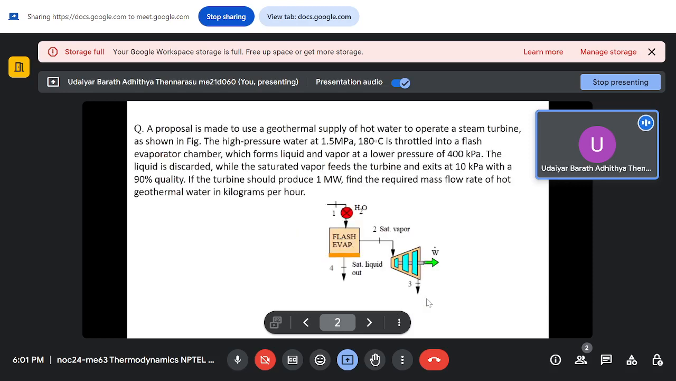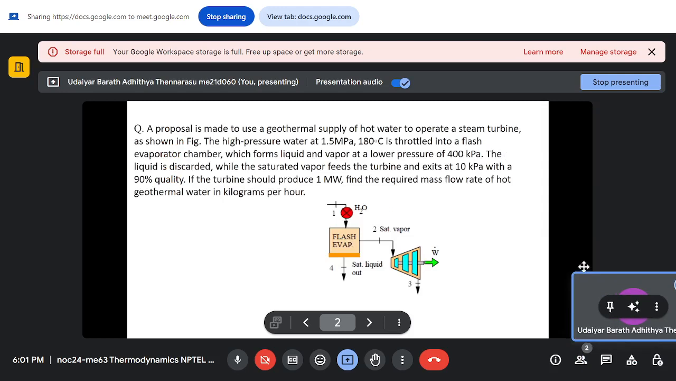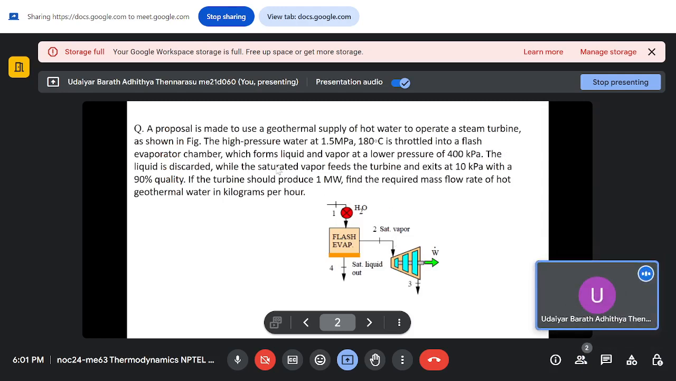So starting with the first question: a proposal is made to use a geothermal supply of hot water to operate a steam turbine as shown in the figure. So a figure is shown and you're using a geothermal supply of hot water to run a turbine. They are saying that the high pressure water, which is at 1.5 megapascal and 180 degrees Celsius, is throttled into a flash evaporator chamber. So it's throttled and